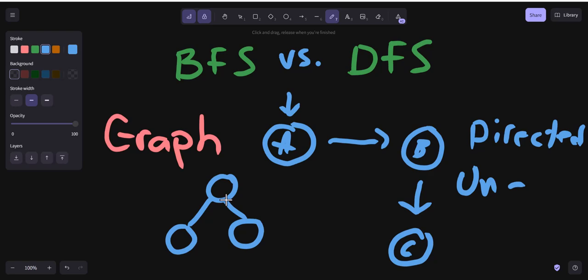All right, so what does this have to do with breadth first search and depth first search? So one of the things we have to kind of remind ourselves with DSAs, with data structures and algorithms, is that there is a whole host of very core fundamental ideas that you have to master before you move on to the more complicated ideas, and BFS and DFS are about that. But hopefully this will talk about graphs being directed or undirected, cyclical or acyclical. It's very important you get this. So if that didn't make sense to you, kind of rewind the video and listen to it one more time until you get it,